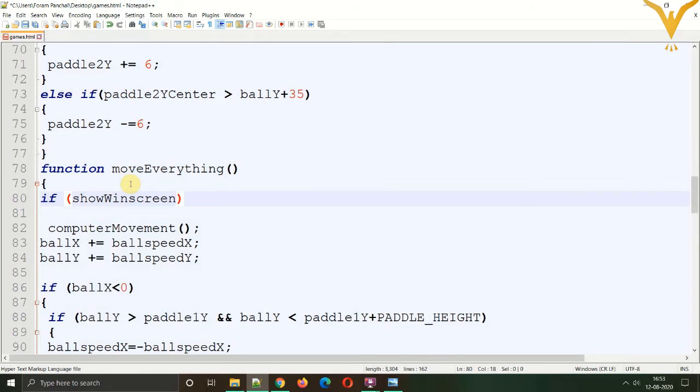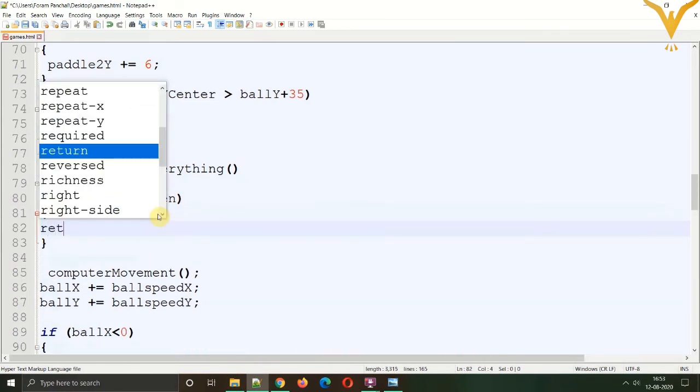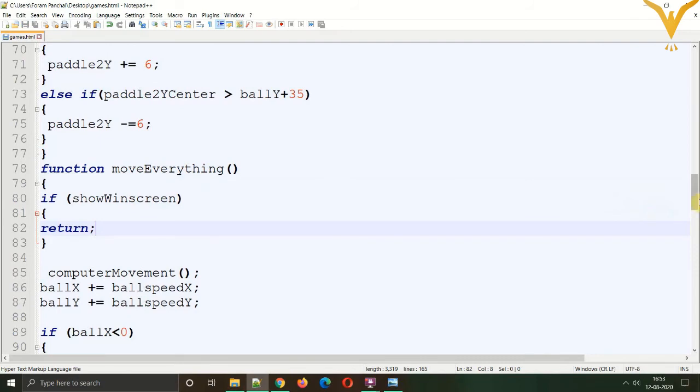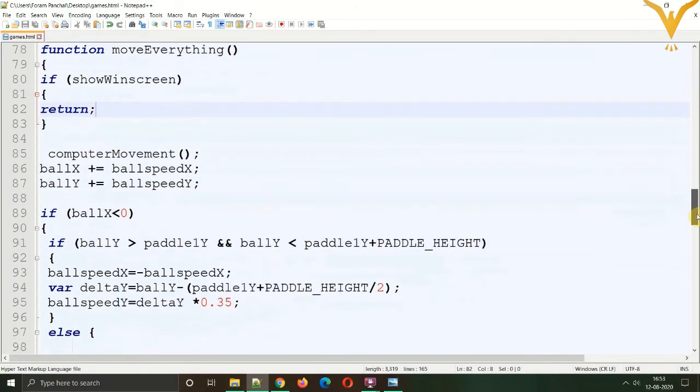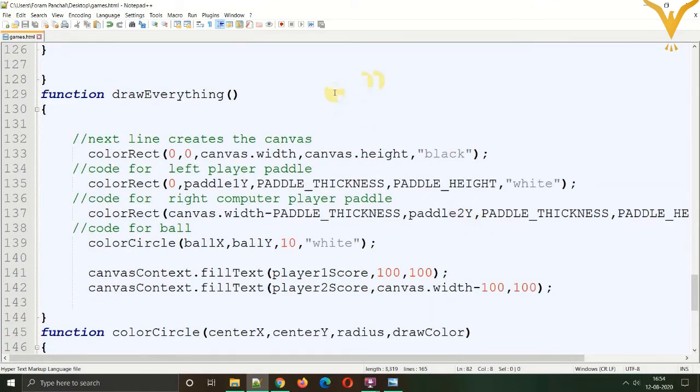We are not going to mention whether it is true or false, we just write if show win screen, means it is true. Then we should return from this function. In every function we need to implement this, because if that value is true, then everything needs to stop and there should be a screen which shows that the game is over, or that we need to click an option to continue.